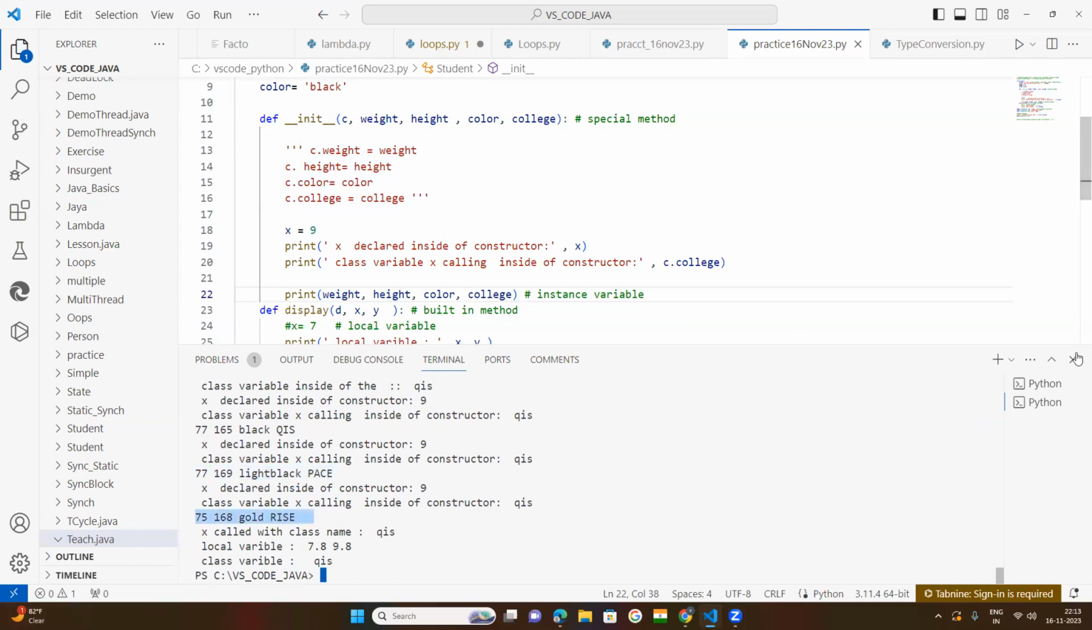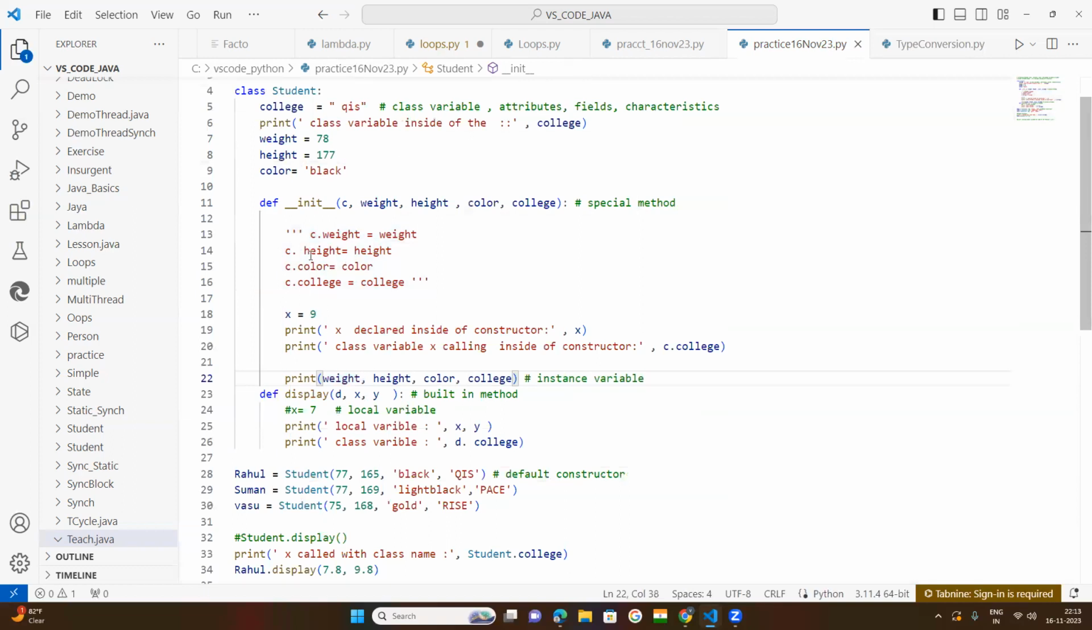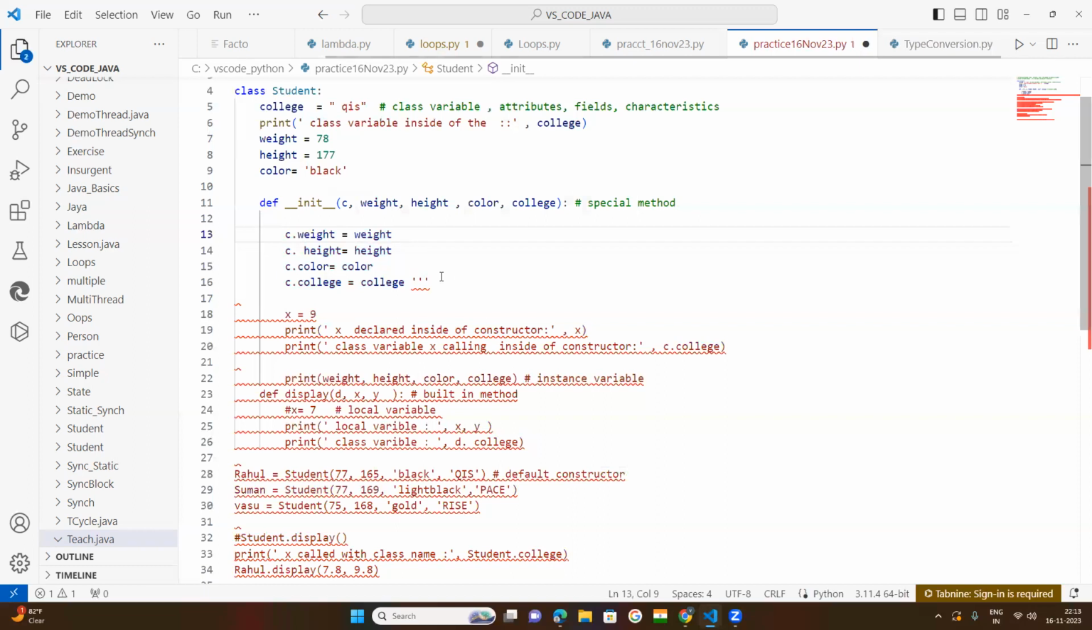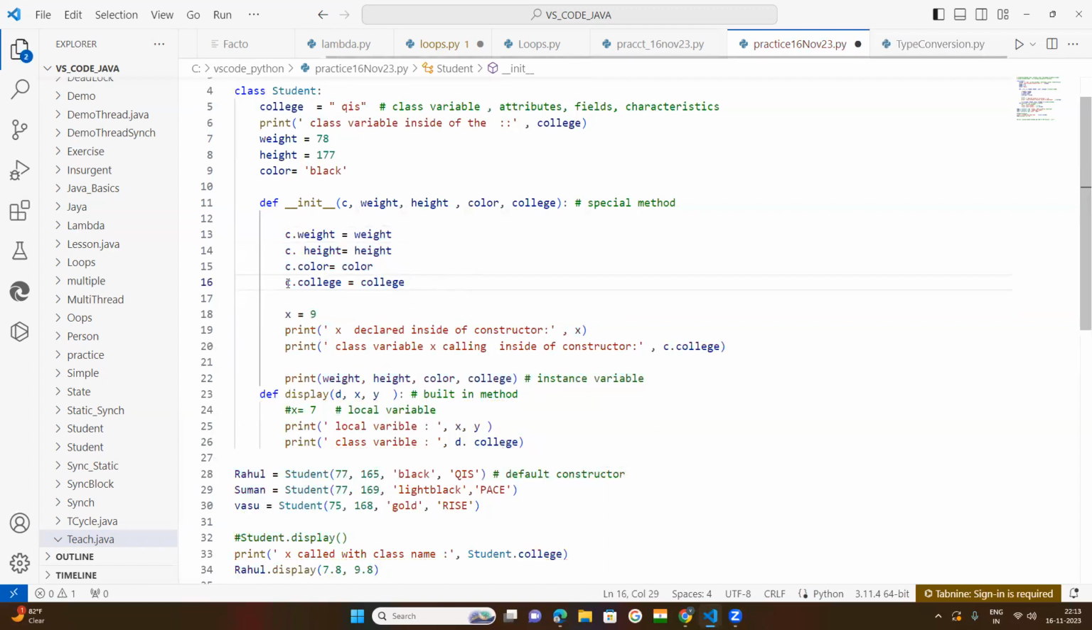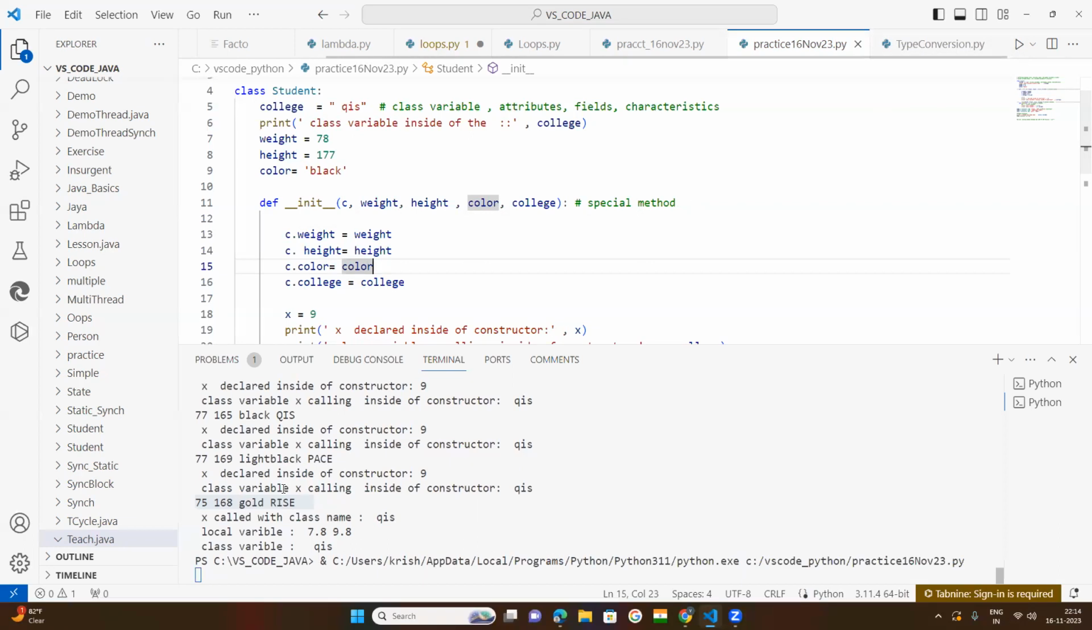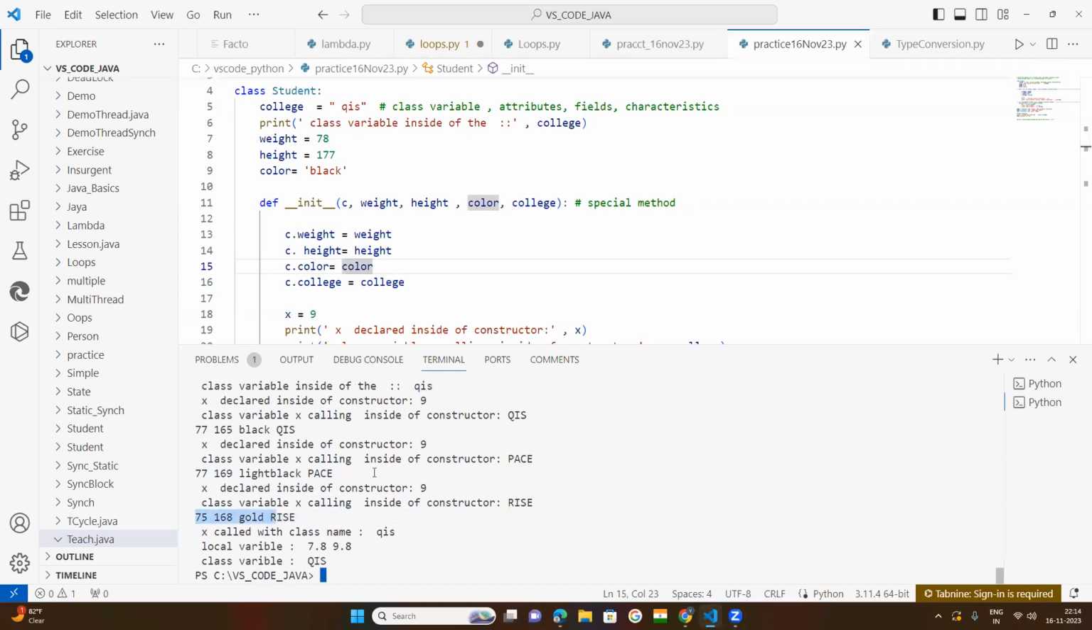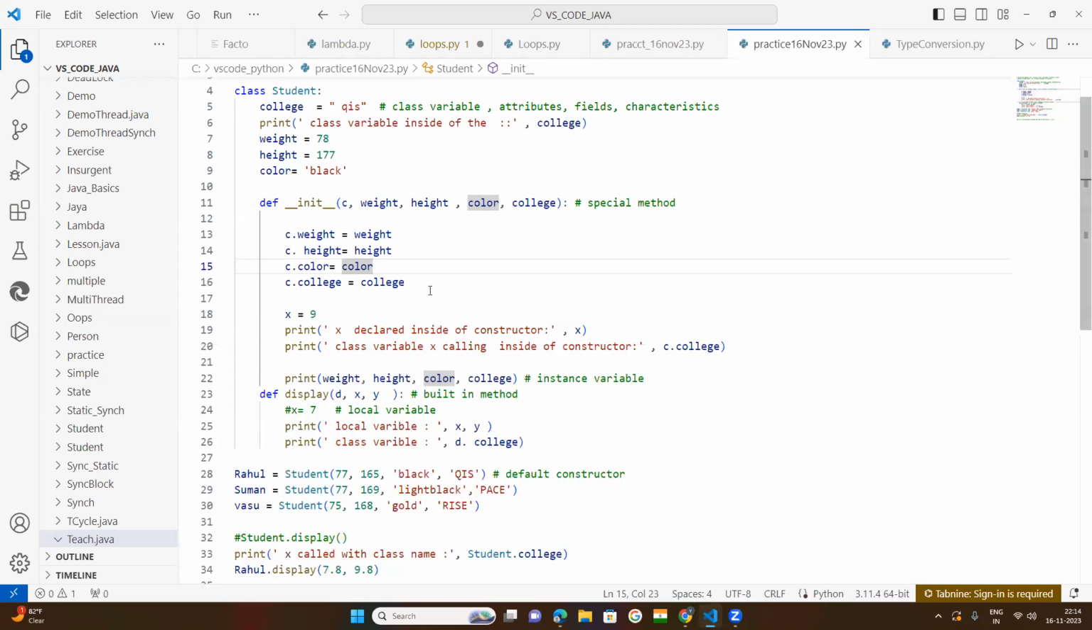Now if you remove these quotation marks, what happened? Your instance variable is equal to your class variables. These values will be passed to your instance variable, so only the instance variable records will be updated. But now if you want to pass